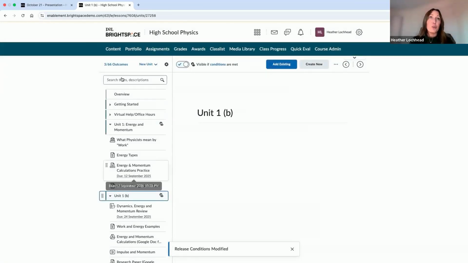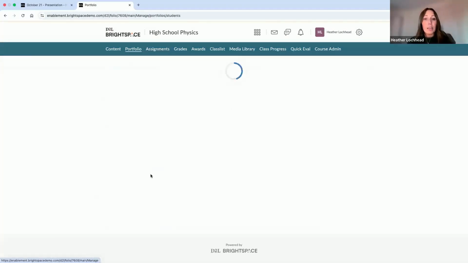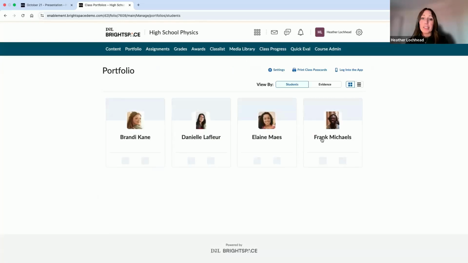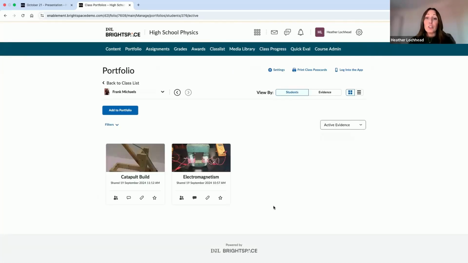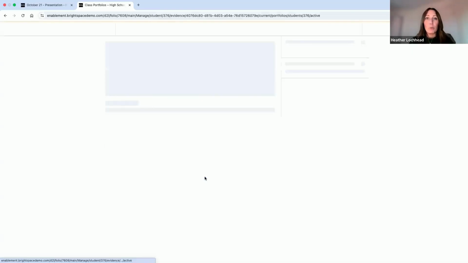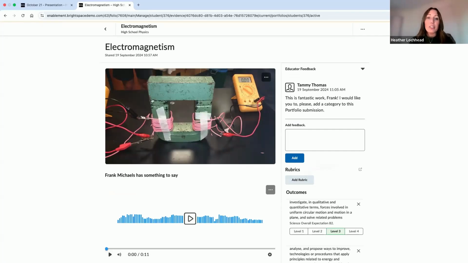Next, I am going to head into the portfolio tool, and we are going to take a look at Frank's portfolio here. Frank has two pieces of evidence, so we're going to jump into the electromagnetism. Frank has documented a photo of this particular lab and has also submitted an audio reflection that goes